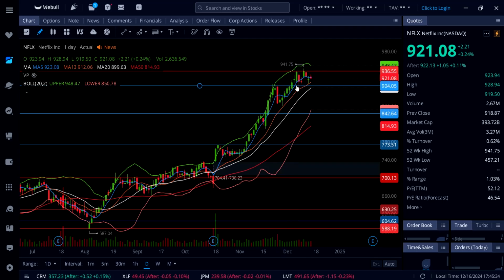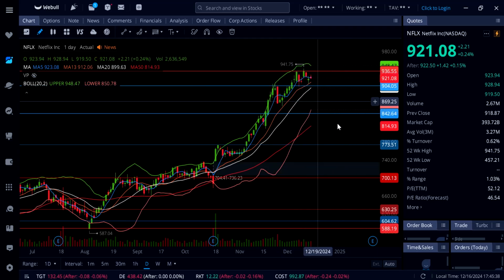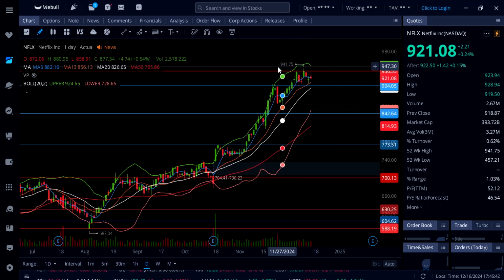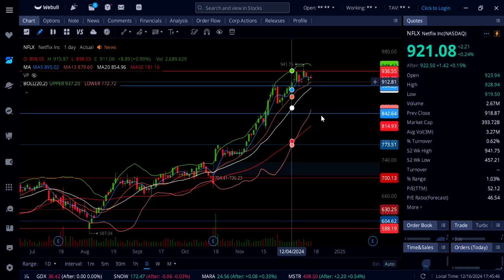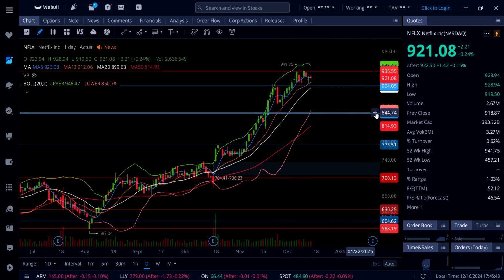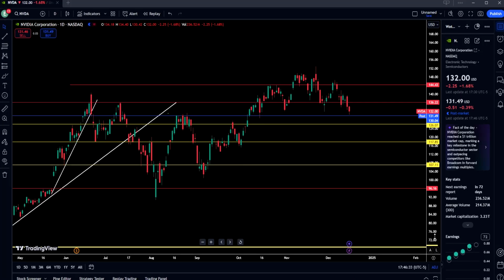Now, if this thing gets over 923 tomorrow, then it can run up to 936 and possibly even another brand new all-time high. That means getting over this high right here, over 941.75, and going up to 950. On Nvidia, the stock is down 1.68%. It was down a bit more, all the way down to right here,